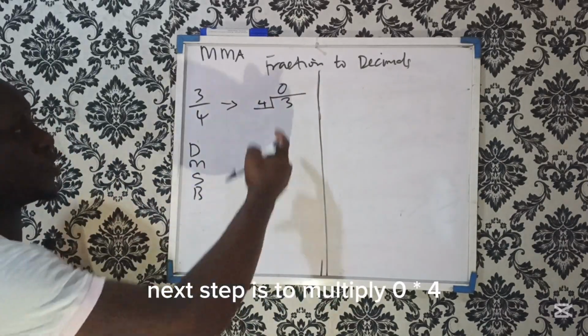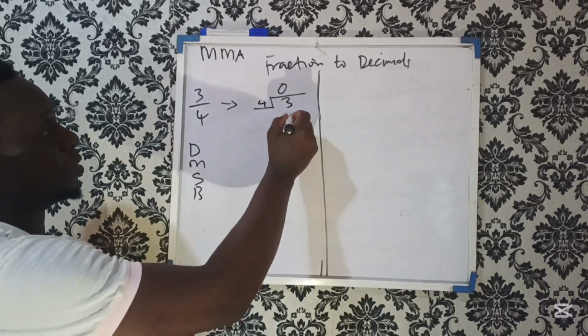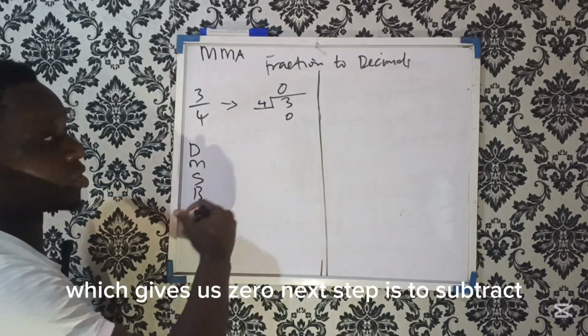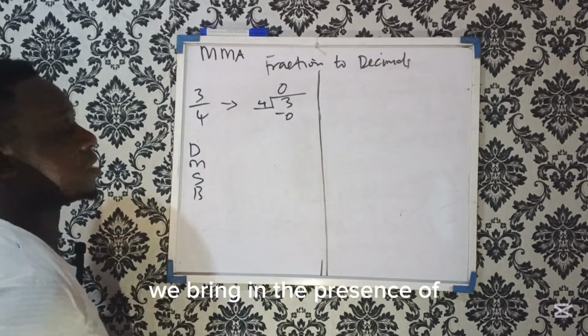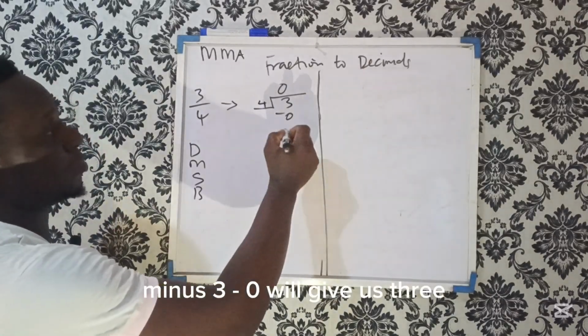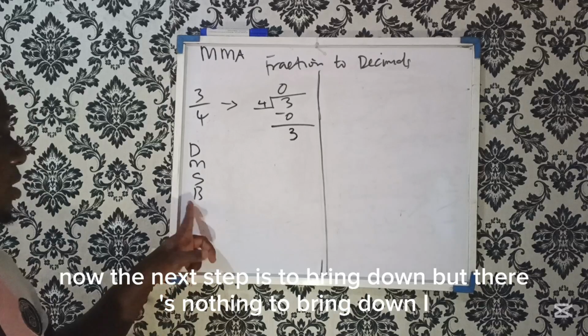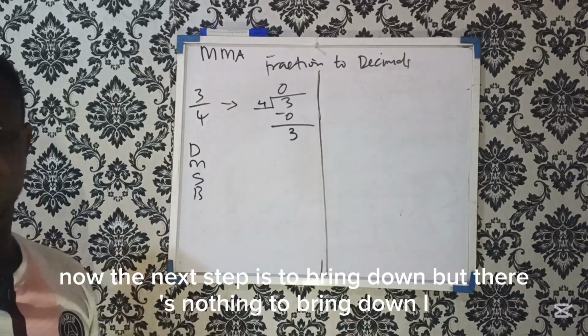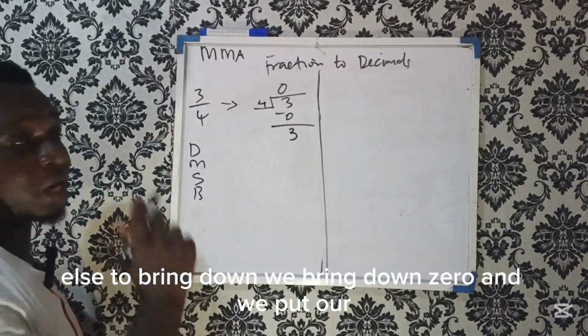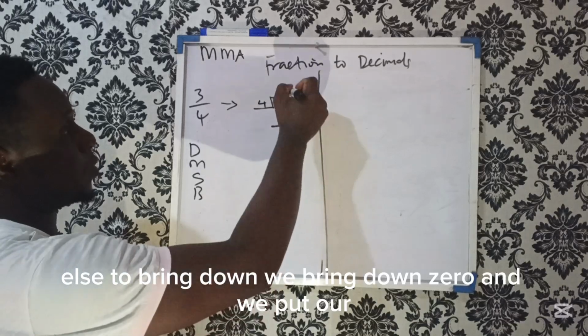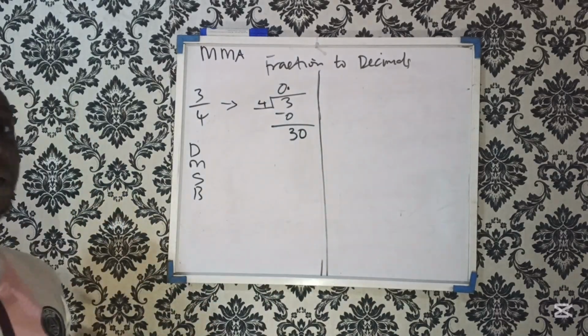Next step is to multiply. 0 times 4, which gives us 0. Next step is to subtract. 3 minus 0 will give us 3. Now the next step is to bring down, but there's nothing to bring down. And remember, when there's no value else to bring down, we bring down 0 and we put our decimal point